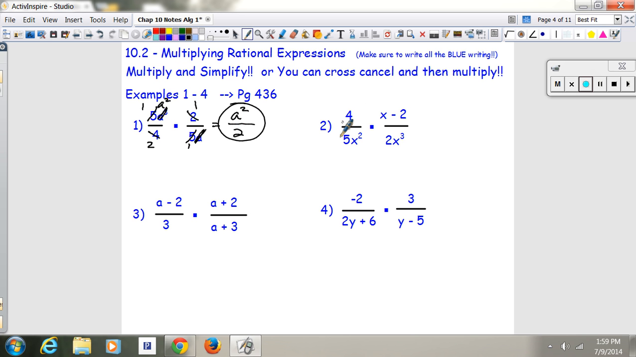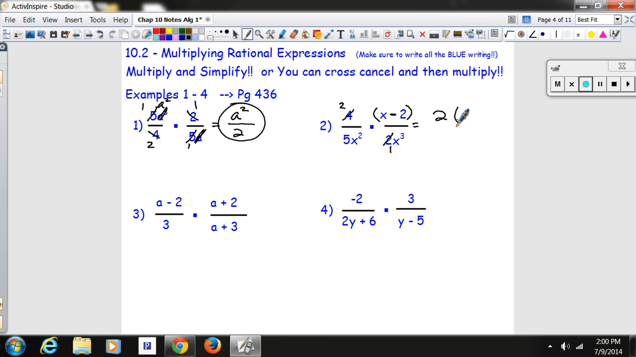If I look at this, this is like a parenthesis because there's a minus sign. So I can reduce the 4 and the 2. The 2 is not in a parenthesis. And that is it. So you're going to take a 2 and multiply it by x minus 2. 5 times 1 is 5. X squared times x to the third means you add those exponents, x to the fifth, and there's your